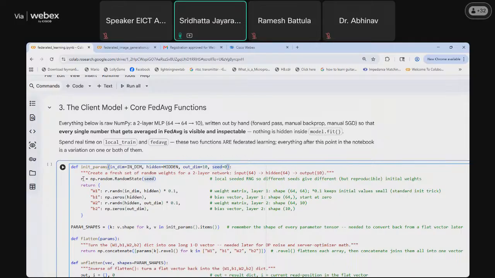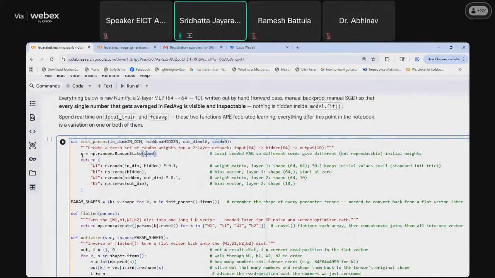So now what it will do is first initialize np.random into R with a seed, and then with that R we will be defining these four parameters, which are W1, B1, W2, and B2.